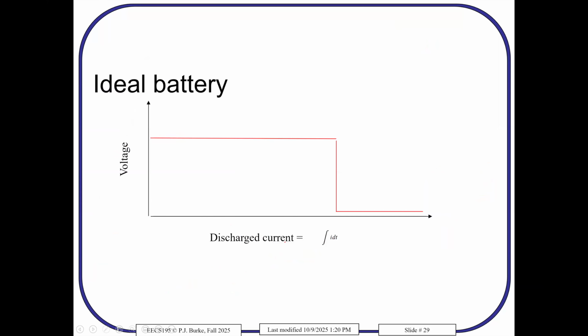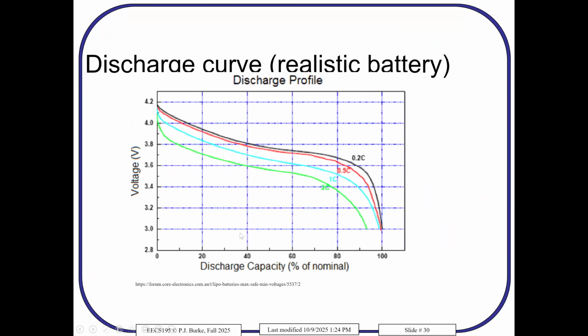So instead of time, we put the discharge current here, integral of IDT. Now that was an ideal one. This is a real one. And this is a very important curve, so let's go through it closely. First of all, LiPos at full voltage are 4.2 volts. So if you charge up all the way, it's 4.2 volts. And if it's totally discharged, it goes all the way down to 0. But it's not just a